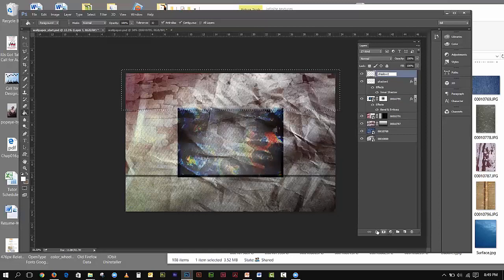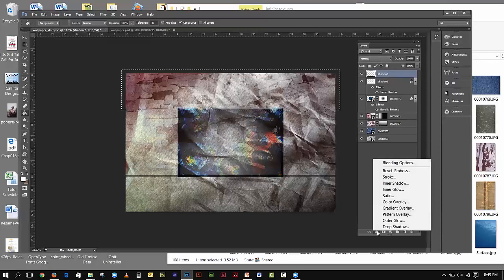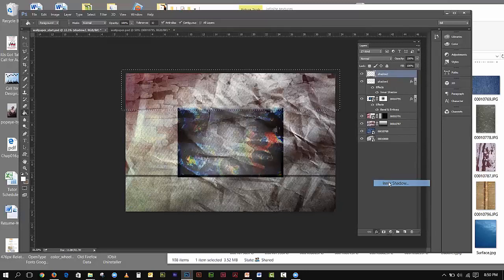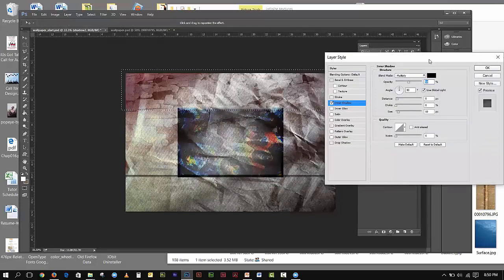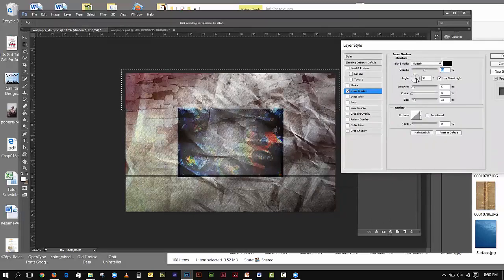All right, so once again here, I'm going to click on Inner Shadow. Once again, this will come up, but the problem is at 90, the shadow is going to be up here, and you can't see it. The rest of the settings are probably okay, but I need this to be negative 90. So I'm going to click on and put a negative there. Notice that when I did that, it changed the shadow down to here. And let's go a distance of,